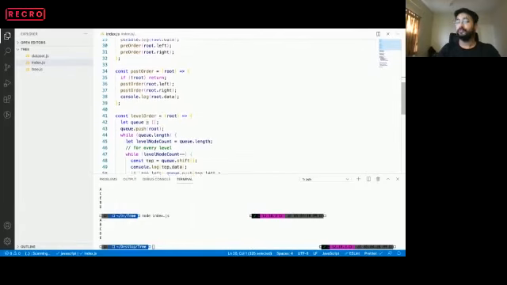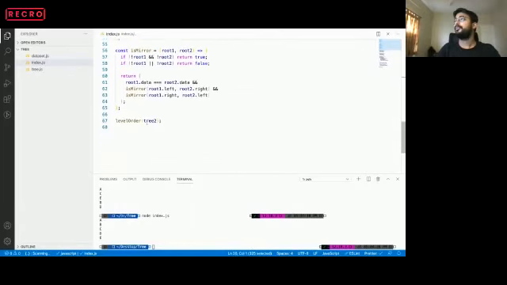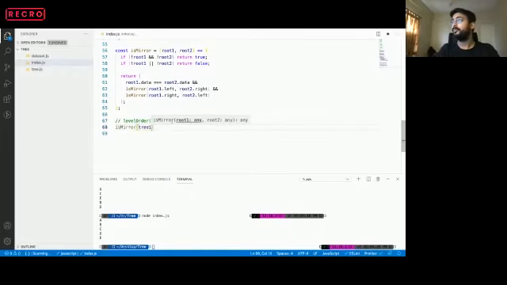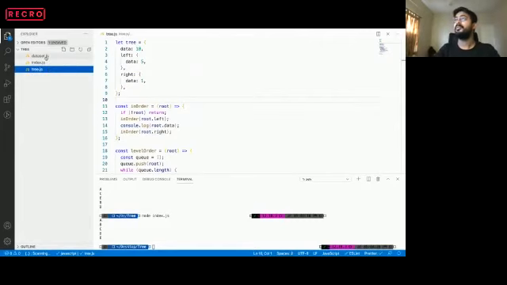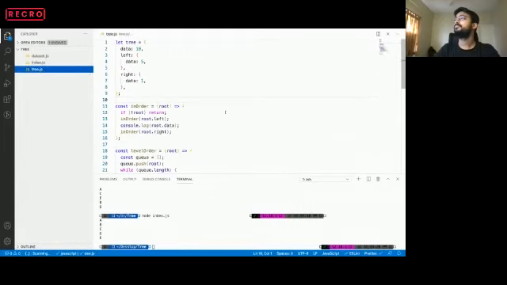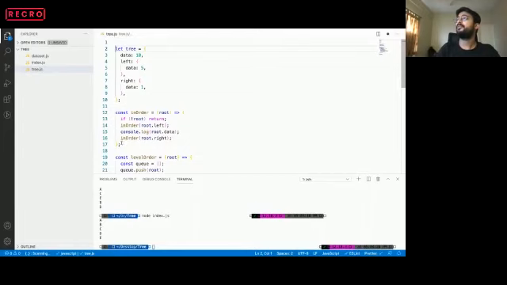We'll comment this out, and let's import this tree data from there.